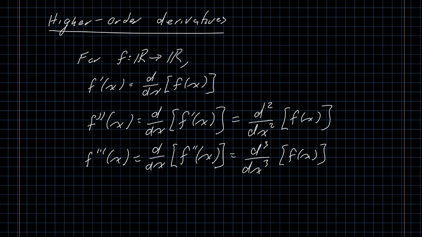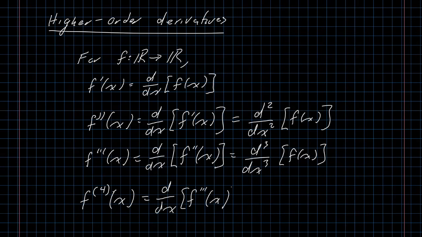And at this point, all of these primes are getting a little bit messy. So instead of continuing on with that chain, for higher order derivatives than that, we tend to put the number of primes that would be there in parentheses. So f with a superscript 4 in parentheses is the fourth derivative of f at x. And it is in fact the derivative of the third derivative, and if we wanted to, we could keep going, but